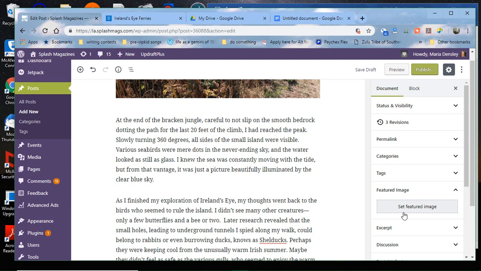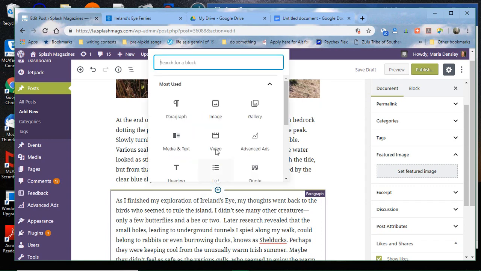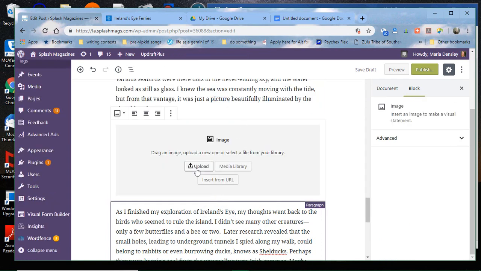Okay, so I've been having problems getting my feature image to upload when I'm doing this, and I'm not sure why or if it's a bug on their system. Hopefully you won't have the same problem, but one way around it, if you are having troubles uploading your featured image, go ahead and just open a new block for an image anywhere in your post,